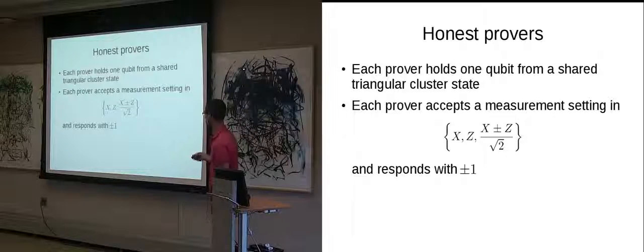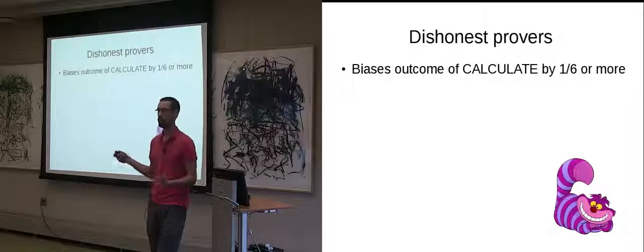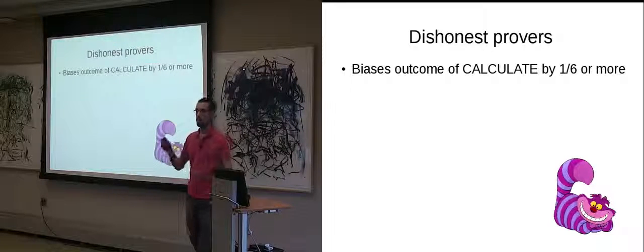Okay, so that's just what I said. Now what about dishonest provers? What do I actually mean by dishonest provers? Let's quantify this somehow. So we're going to say that a dishonest prover is a set of provers